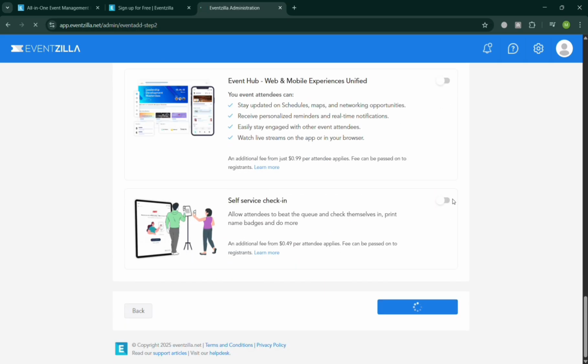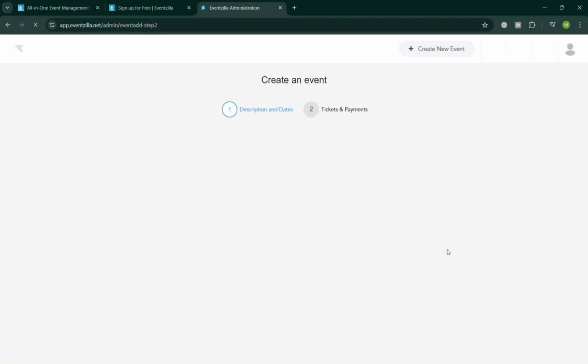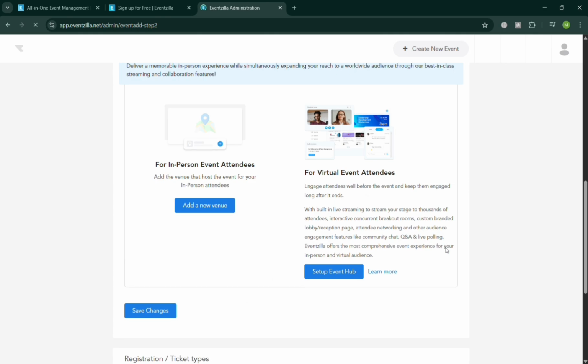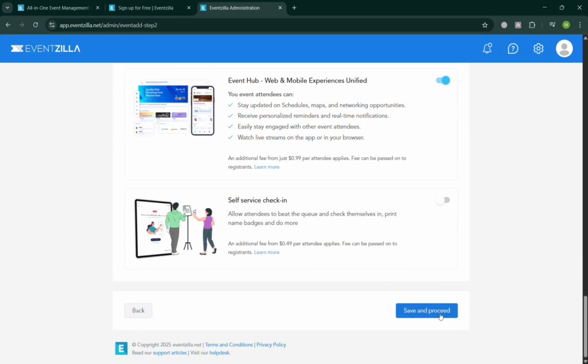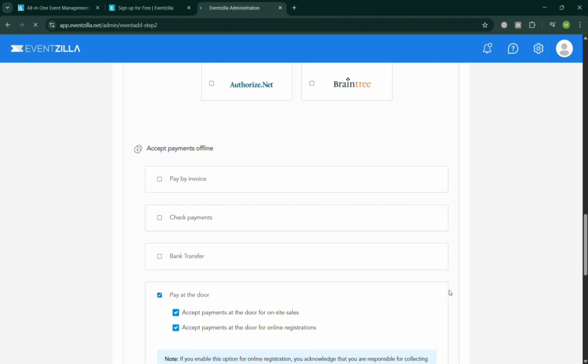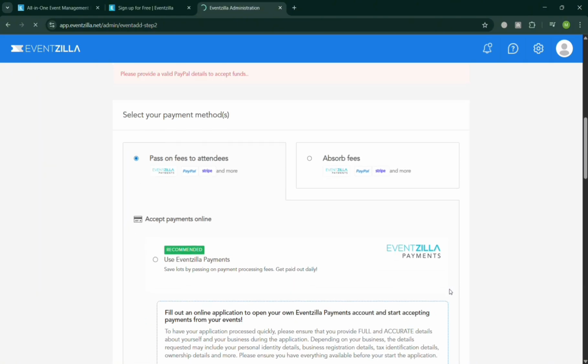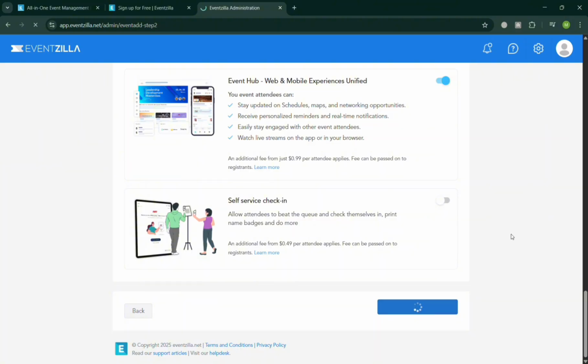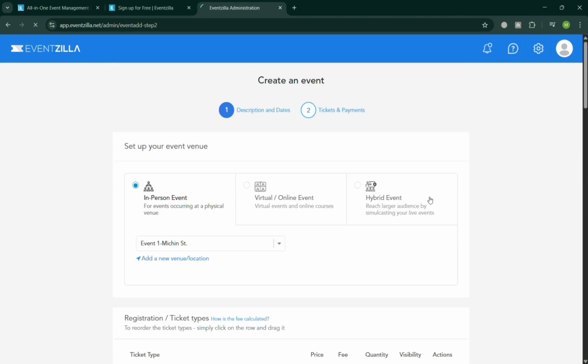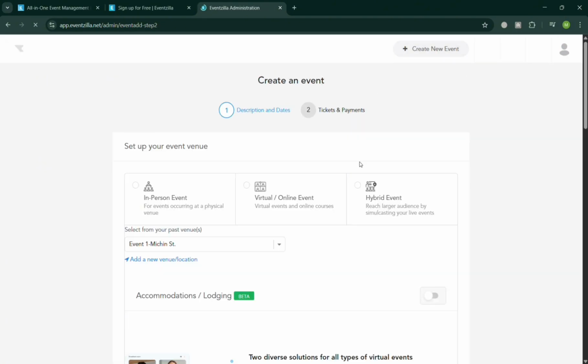But before you'll be able to go to the next stage, you also need to make sure that all of the information that you enter here has been filled out. And that includes connecting or linking your PayPal account or any other payment option that you choose. You could also pass on fees to attendees or absorb the fees. And once done, you should be able to see here that the Eventzilla event that you added has now been created,